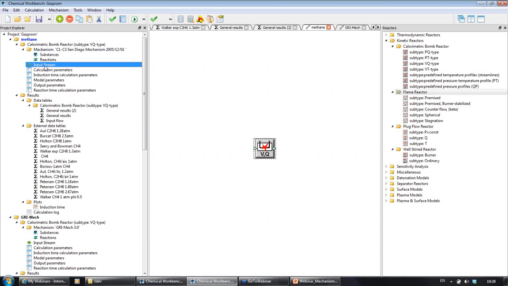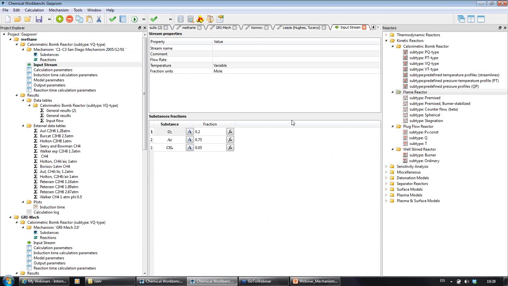It is the first type of the input. The second type of the input is a mixture composition for which I would like to simulate the ignition delay times. In my case, it is a mixture of oxygen, argon as diluent, and methane. And the range of the temperatures in which I would like to simulate the ignition delay time,